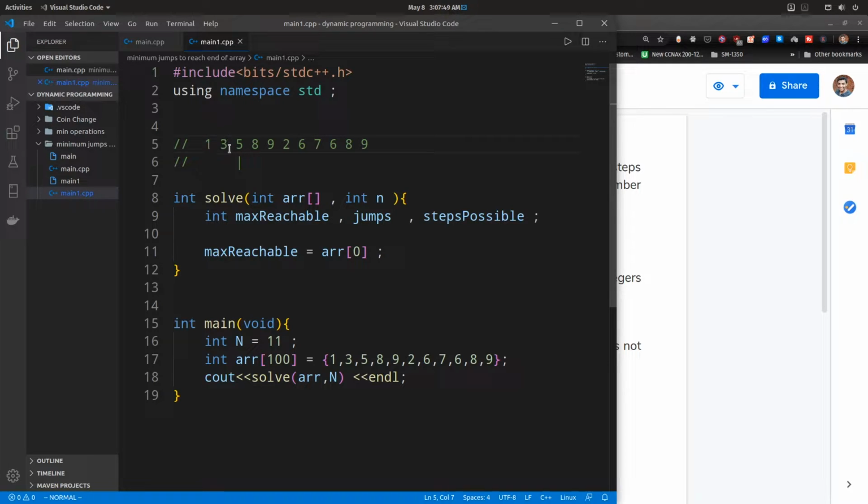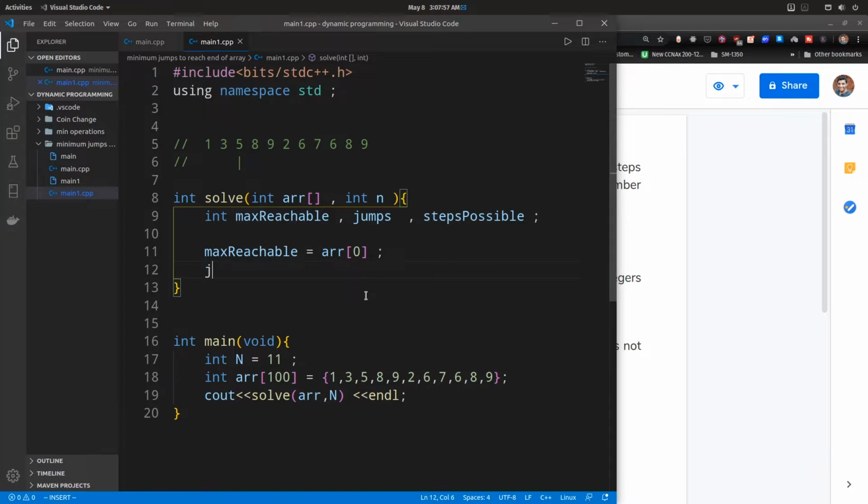So we can only reach index 1, which is indicated by the first element. That is the maximum reachable index, and the number of jumps is 1, because to reach index 1, which has a value 3, we need one jump. From the first element we take one jump.